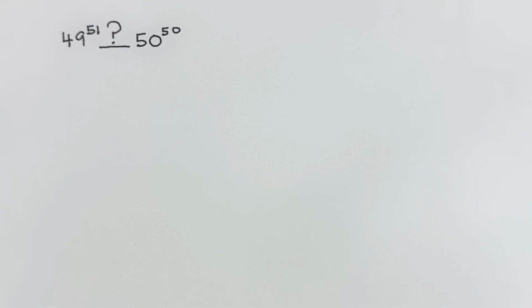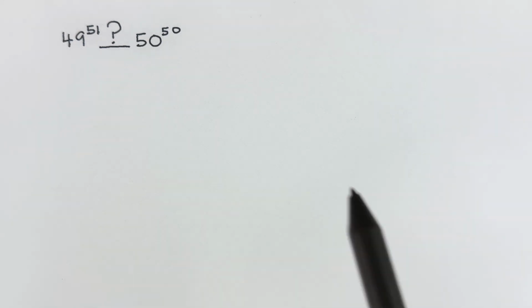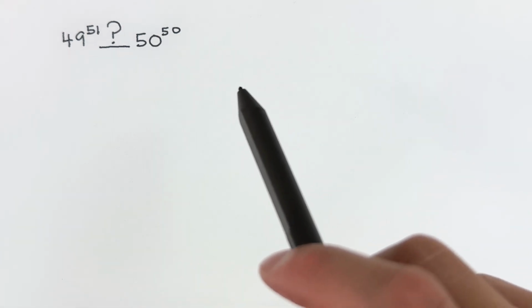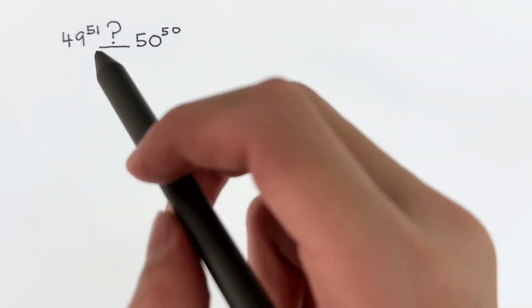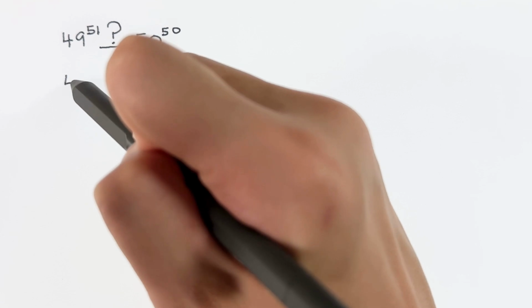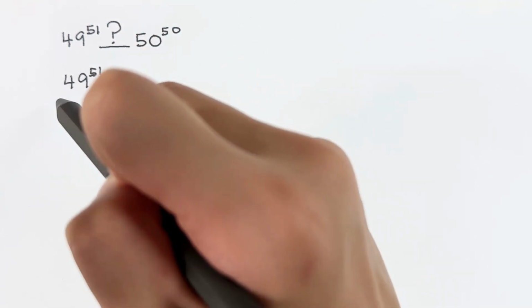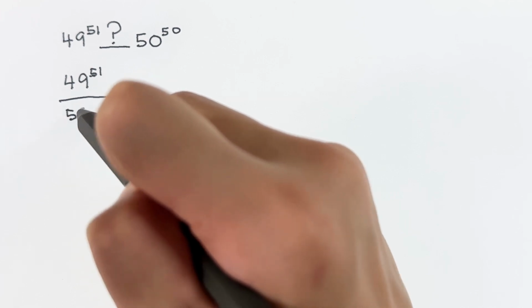In this problem, we're going to compare the values of 49 to the power of 51 and 50 to the power of 50. A common way to compare these numbers with high exponents is using division. If we divide these two numbers, 49 to the power of 51 and 50 to the power of 50,